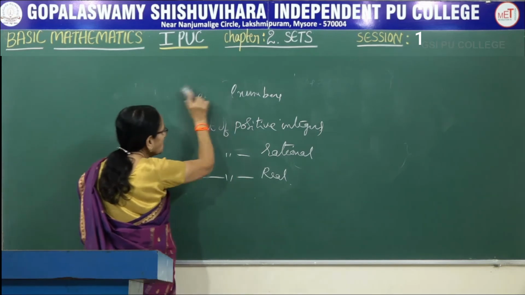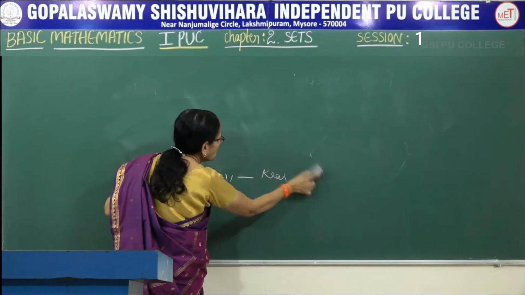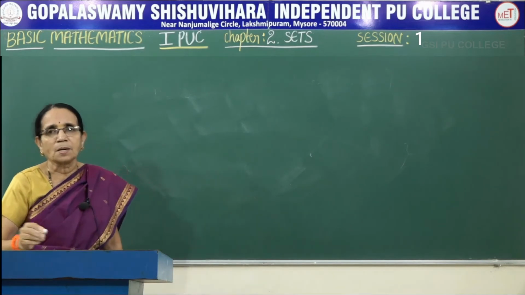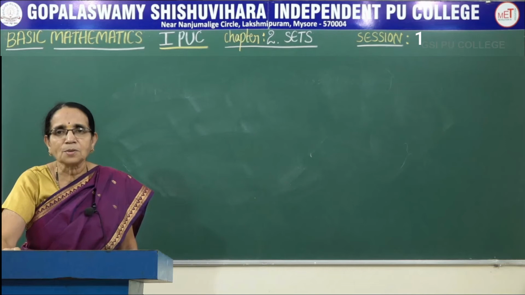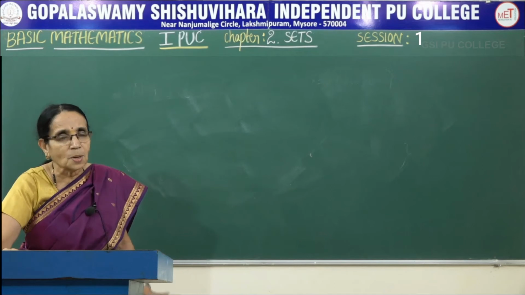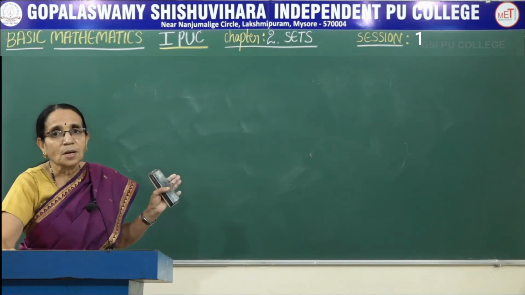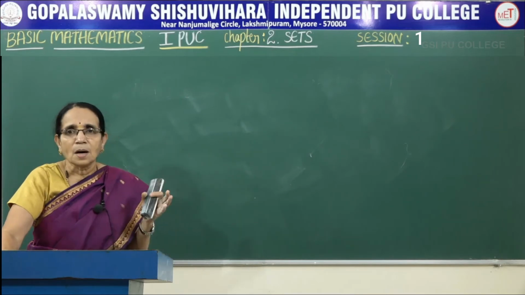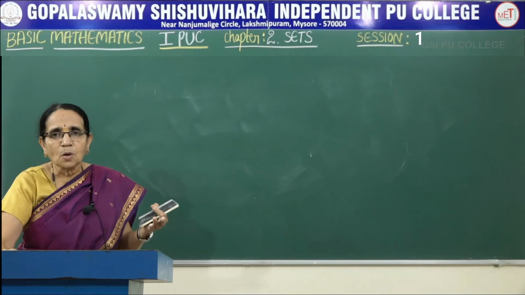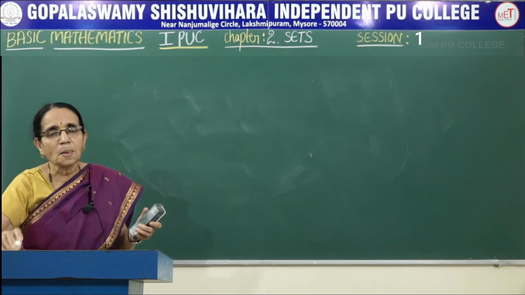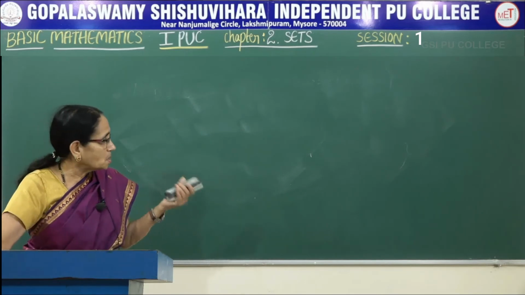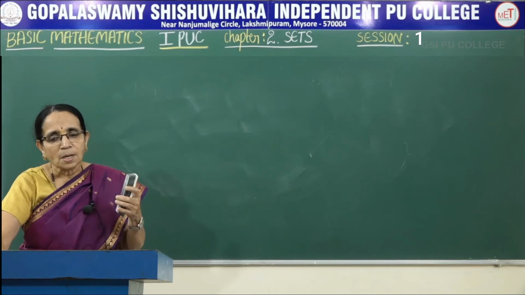Now, this is the information about sets. So, what we have learnt now: a set is a well-defined collection of objects, and sets are denoted by capital letters. The objects or elements or members of the set are denoted by small letters, and the members are enclosed in a pair of flower brackets. Now these are the standard sets we have: N, I or Z, Q and R. If you write a plus above them, they denote the sets containing only the positive integers, positive rational numbers, positive real numbers.